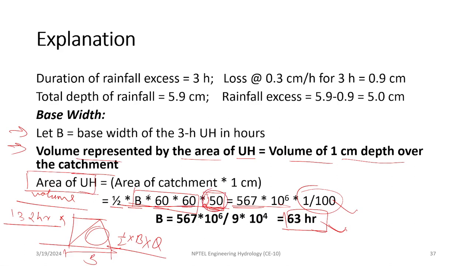Ma'am, did you get this point, why we are multiplying 60 by 60? Yeah, got it, because 9 into 10 to the power 4 is correct. Ah, that's good. But if we multiply it by 50, then only we get 9 into 10 to the power 4. Okay, wait a minute. If we are using 50, then